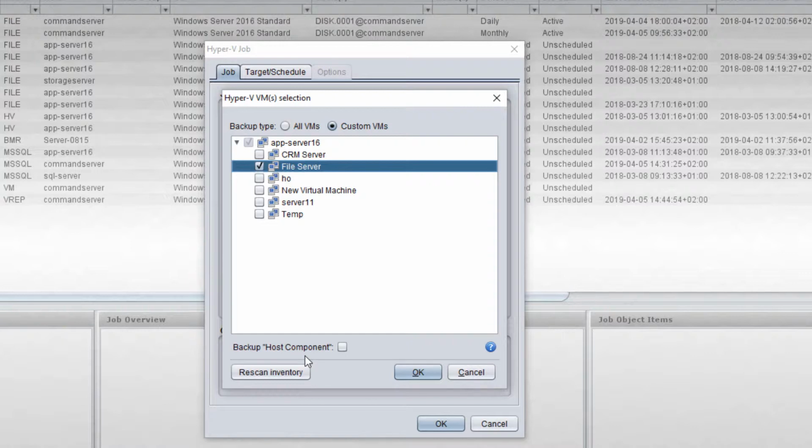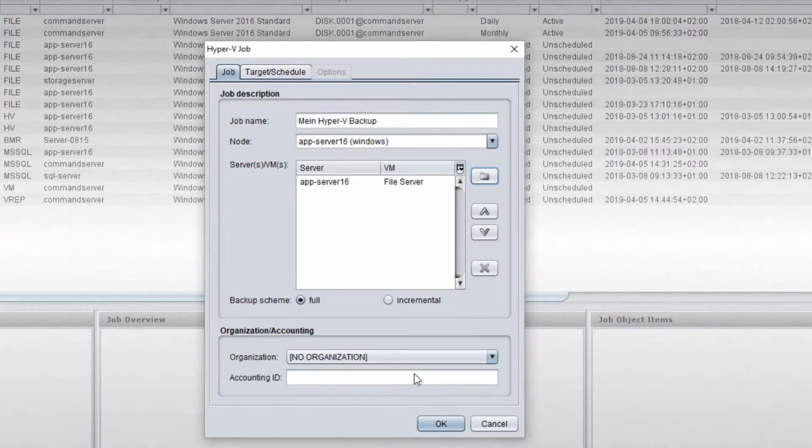that will allow you to back up the configuration settings for Hyper-V and include that in your backup. It's going to be a second item inside the backup along with the VM snapshot of the file server, so that you could restore from a major disaster in that case, to restore the Hyper-V host, Hyper-V settings themselves. If you want to include that in your job, you click that box there. Click OK, and then back on the job screen, you see we have the one VM to back up, and